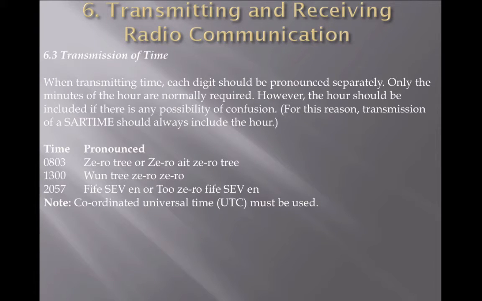When transmitting time, each digit should be pronounced separately. Only the minutes of the hour are normally required if it's the same hour. However, the hour should be included if there is any possibility for confusion. So if you're holding outside of Class C airspace and you are given an expected entry time of 0803